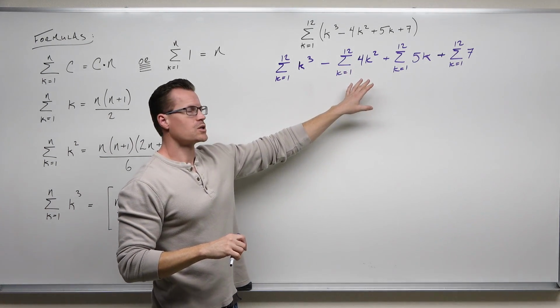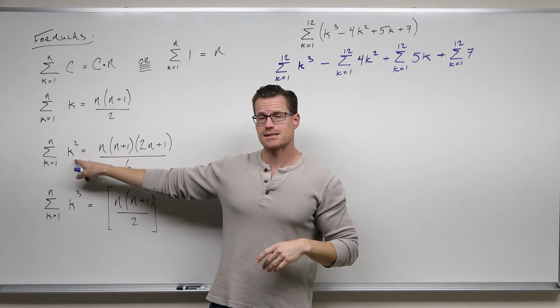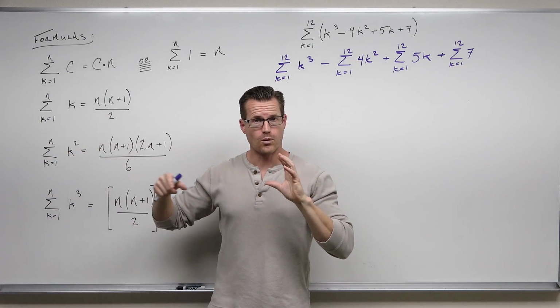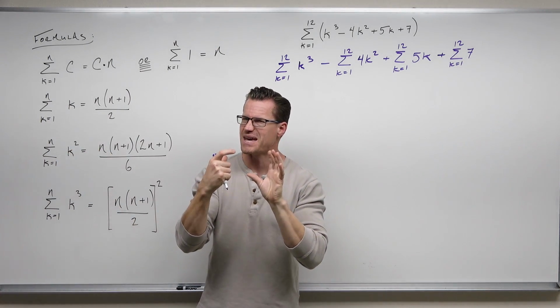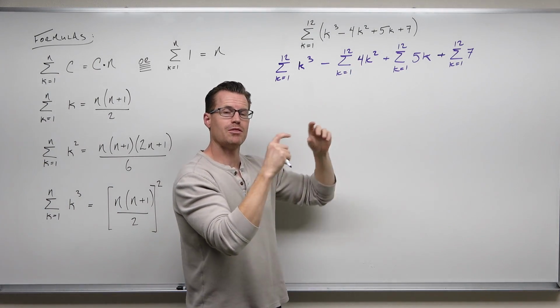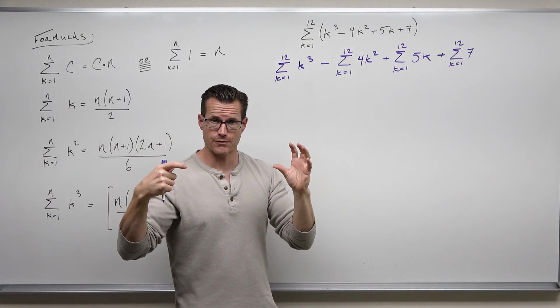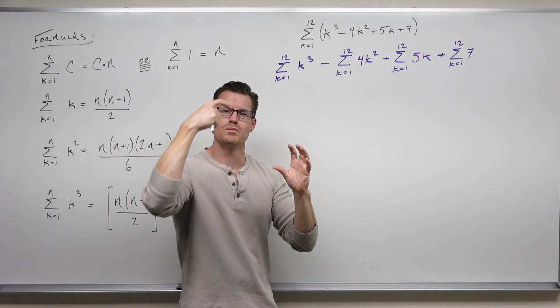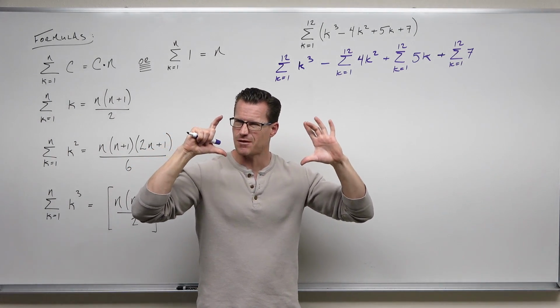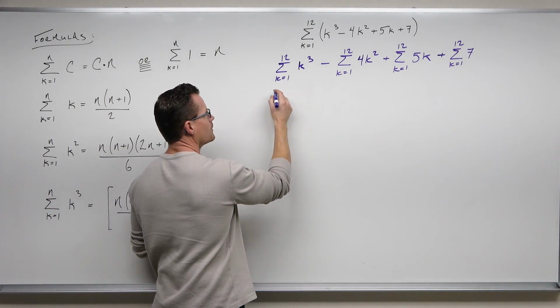This one, not so much. So this one says I have very close to what that says, but there's a 4. That 4, man, I hope you see it. That 4 would be on every single term in the things that are being added. It's factorable. You could factor it out of every term, right? That means you could factor it and move it in front of that stuff that's being added. It's factorable. That means you can move that 4 out front.